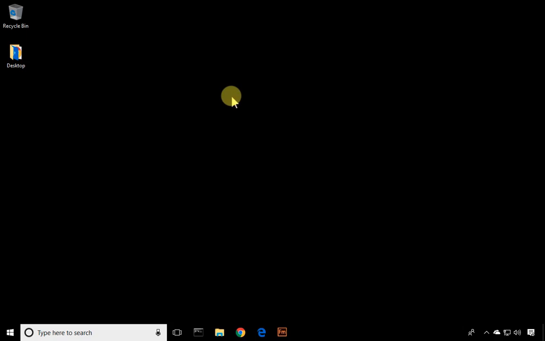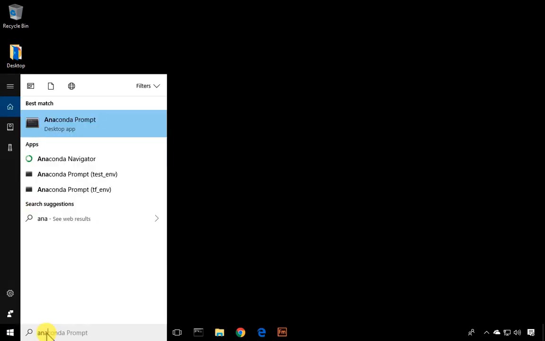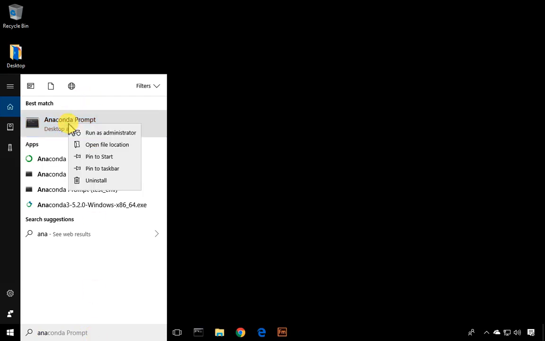For those of you who are on Microsoft Windows, once you've installed Anaconda, you're going to have in your Start button an Anaconda prompt that's available to you. You can look for it yourself through the Start menu, or you can simply search for Anaconda prompt down here in the search bar. As you can see, it pops up in the search list,